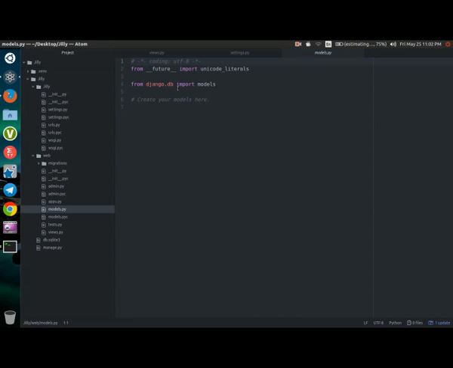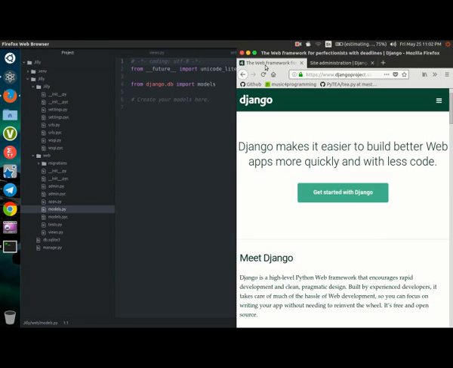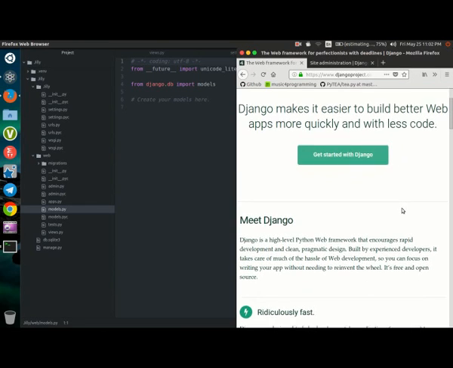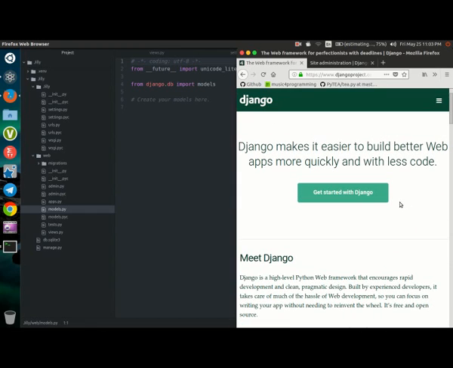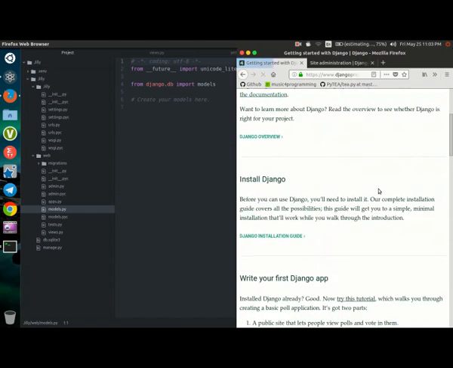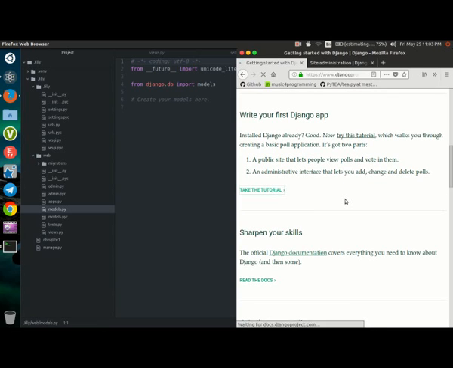Another thing I suggest is that the best way to learn Django is by going through the documentation. You just click here inside the website, installing Django, write your first Django app,